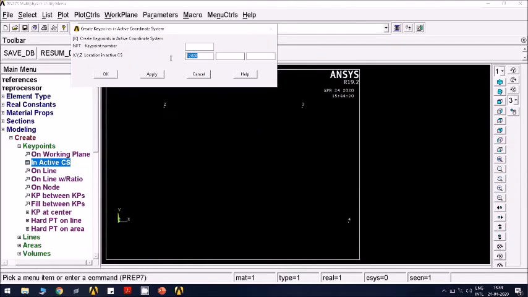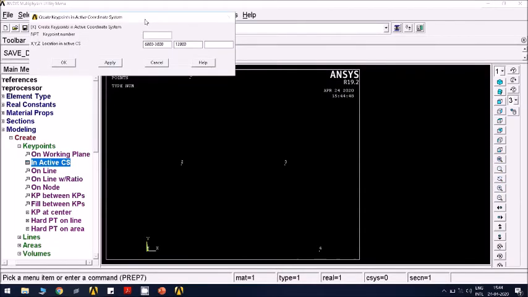Next, 6th and 7th points, it is 6000 minus 3000 coordinate, and y coordinate is 12,000 here.